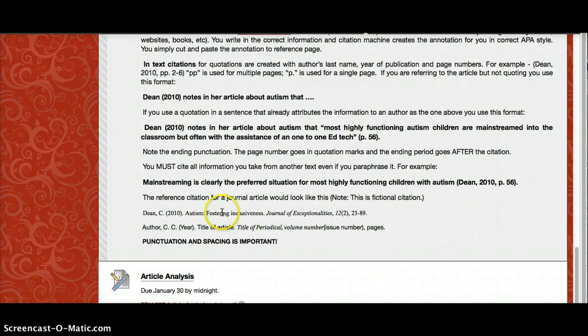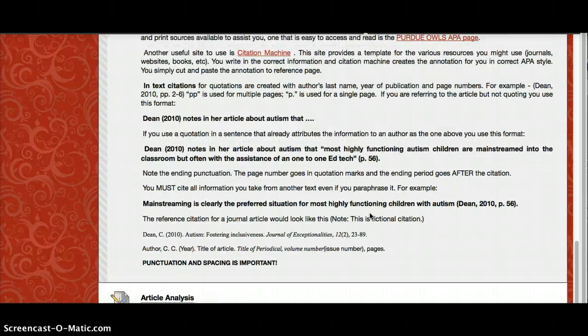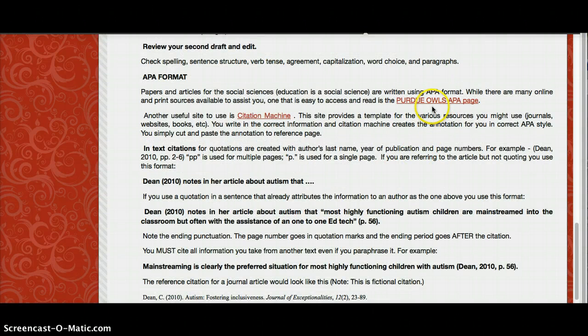And then the reference citation for a journal article would look like this. Again, this is a fictional citation. So it would be the author, the year of publication, the title of the article, the title of the periodical that is italicized, comma, volume number, and the issue number in parentheses. Notice there's no space between the volume number and issue number, comma, and then the pages, period. All right? Again, punctuation and spacing is important. So here's just a little tutorial on APA, but use the OWL page to help you if you have questions